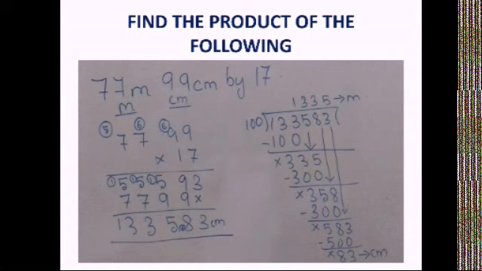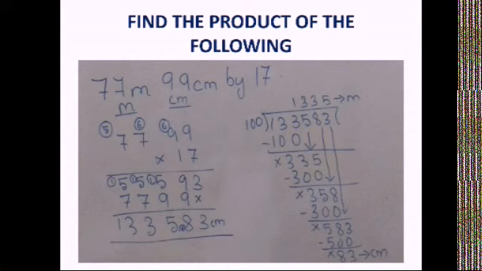Then write 17 and multiply. 9 sevens are 63. 6 will go as a carry. 3 will come down. Again 9 sevens are 63. 63 plus 6, 69. 9 will come down. 6 will go as a carry. 7 sevens are 49. 49 plus 6, 55. 5 will go as a carry, and 5 will come down. Again 7 sevens are 49 plus 5, 55. Write 55. Then we will multiply the number by 1. So put a cross beneath 3, and then multiply. 9 ones are 9, 9 ones are 9, 7 ones are 7, 7 ones are 7.